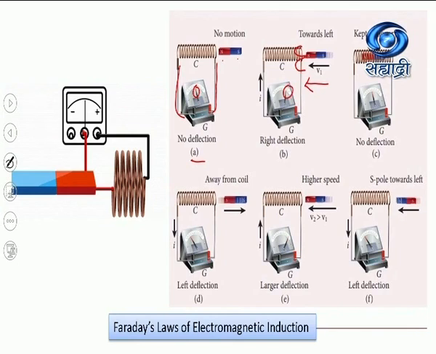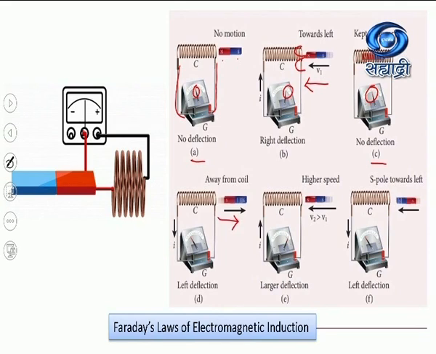You know that in a galvanometer there is zero deflection at the center, then there are some deflections on one side, say the right side, and some deflections on the other side. Accordingly it is calibrated. Now in diagram C, the magnet is brought to rest. There is no relative motion between the coil and the magnet. That time the galvanometer shows zero deflection. And why is the galvanometer showing zero deflection? Because there is no current induced in the coil.